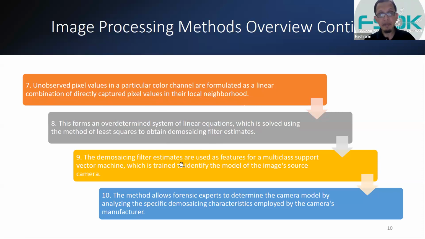Then the filter estimates are used as features for a multi-class support vector machine, which is trained to identify the model of the image source camera. Okay, so this method allows forensic experts to determine the camera model by analyzing the specific demosaicing characteristics employed by the camera's manufacturer.